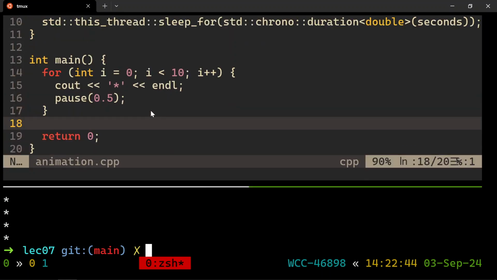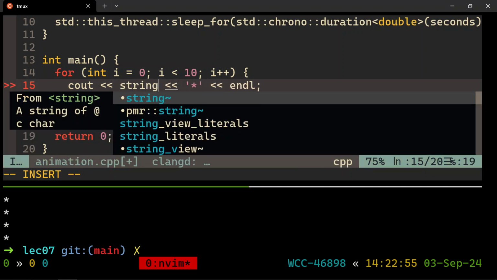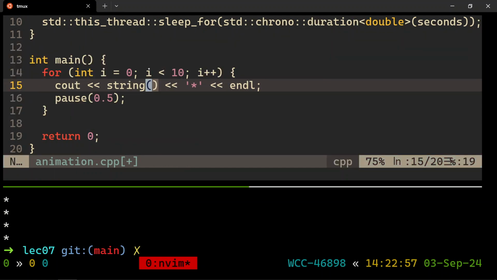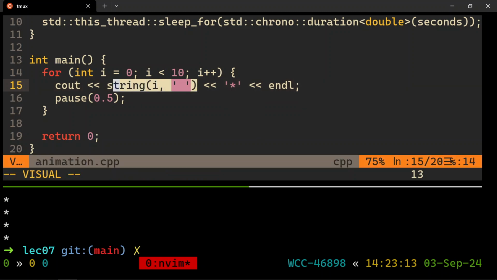We can also have the little piece of snow being blown over by printing out some spaces at the start of that. Here's a way to quickly make some spaces. If I say string, just the type string, it will make a special kind of string for me if I call the type name almost like a function. I would like a string of i many space characters. So that's something I can do, okay?